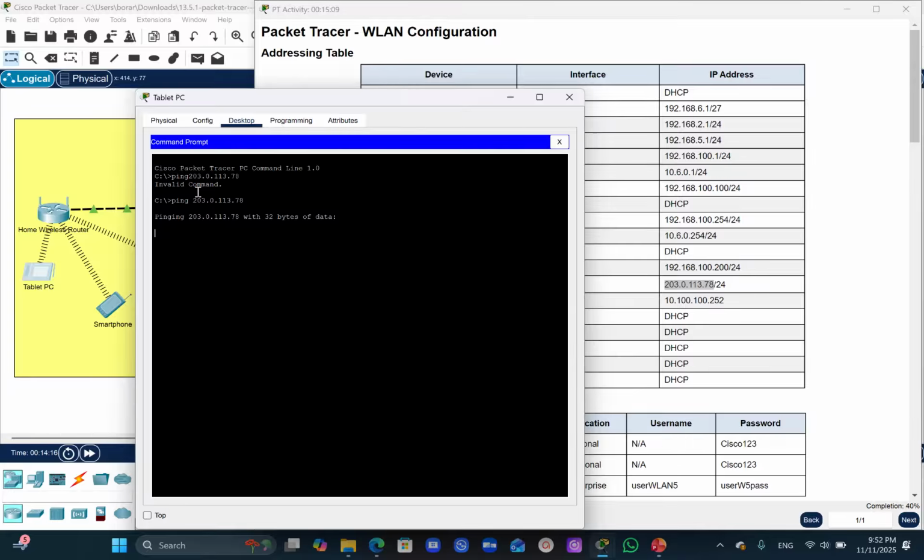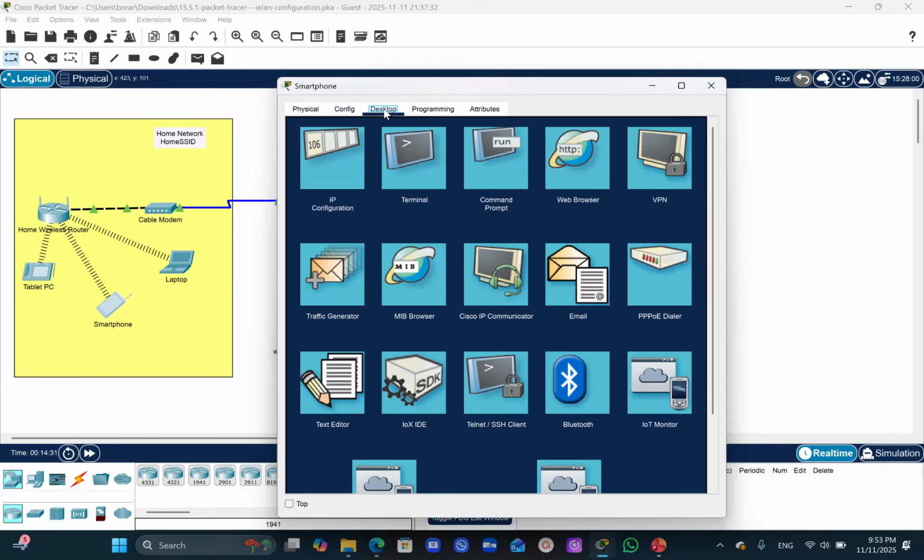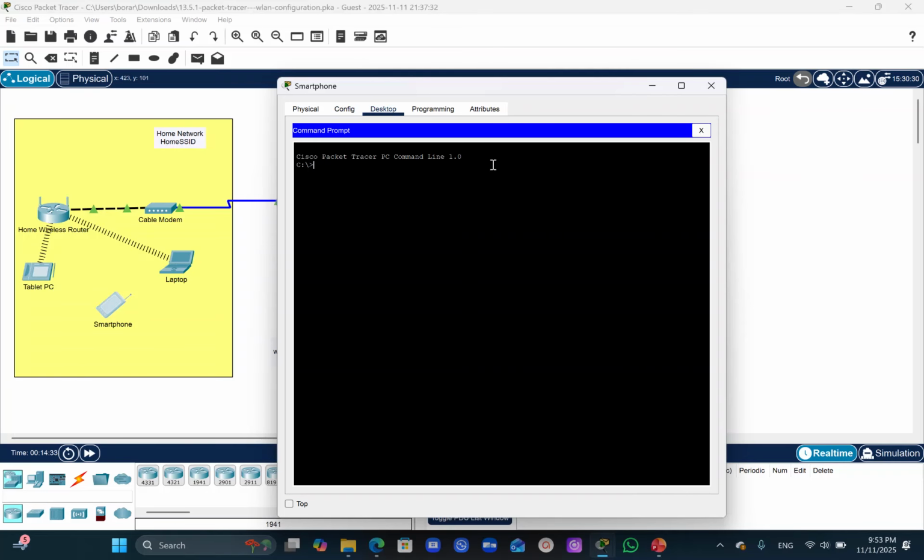See, you know that when we do ping, there are 4 packets delivered to reach the destination, and as it looks like the first packet was lost, the second one too, okay, the third and the fourth came through. So they were able to reach the server. Same, we can go to the smartphone. Let's go to the desktop, open command prompt. Ping